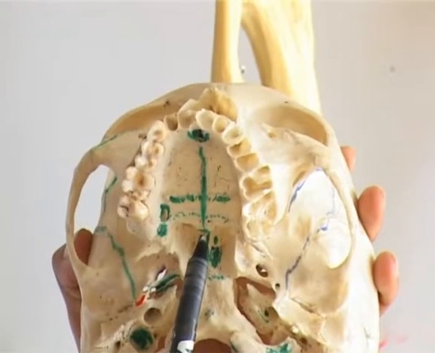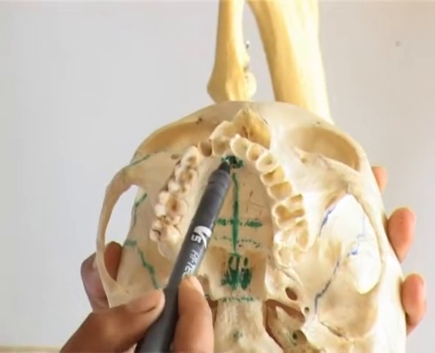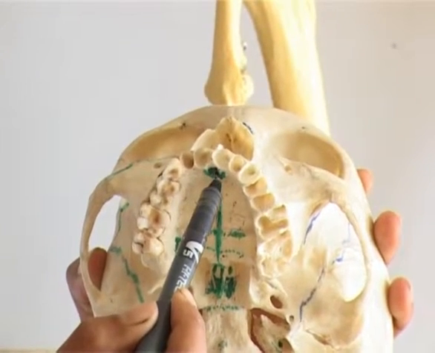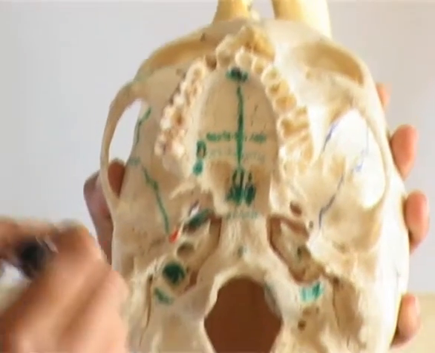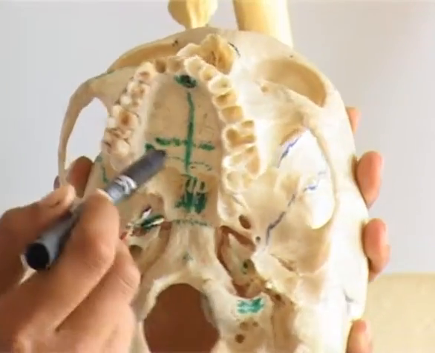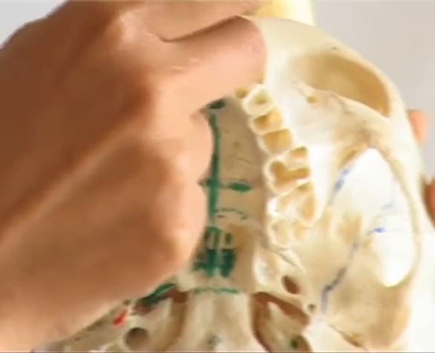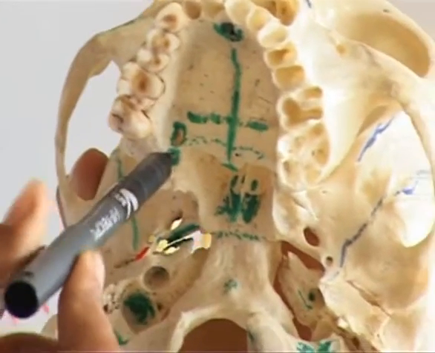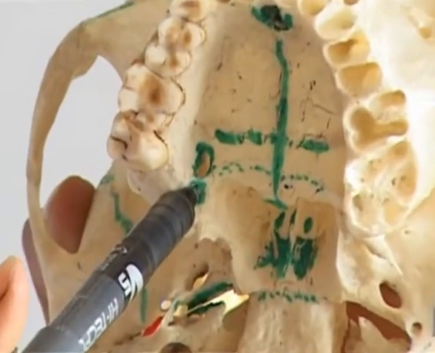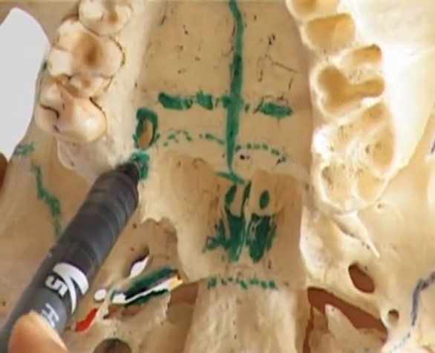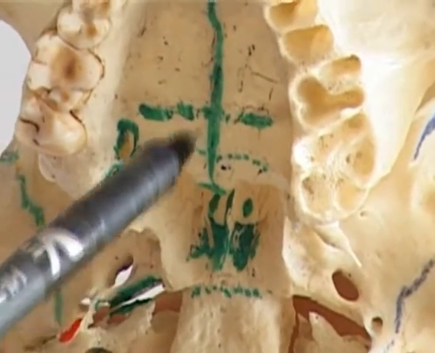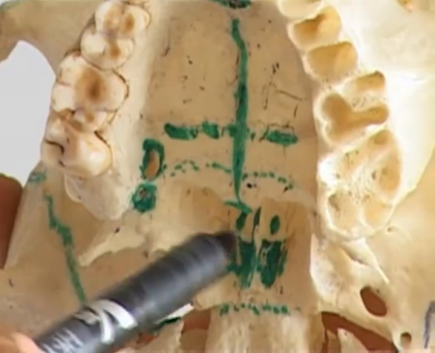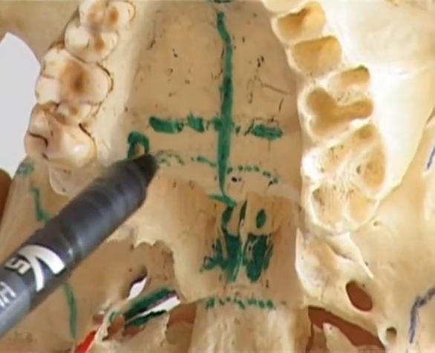The foramina seen are the incisive foramen in the midline anteriorly with the right and left incisive canals, the greater palatine foramen on the posterolateral corner, and 2 to 3 lesser palatine foramina behind the greater palatine foramen. The posterior nasal spine is seen in the midline posteriorly. On each side, a little anterior to the posterior nasal spine, is a palatine crest.